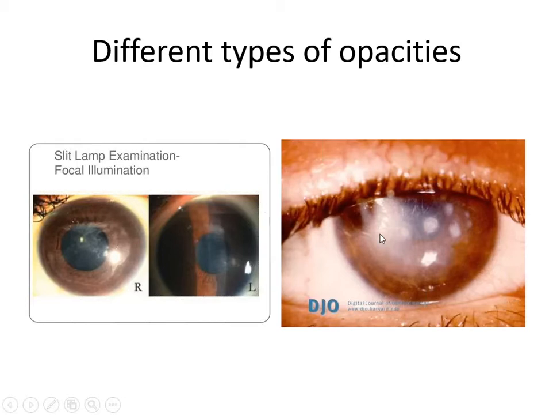On the other hand, in macula, the cornea will have a ground glass appearance. The same appearance which you have in window panes. So when you put a ground glass in the window pane, you can see through that glass, but you don't know what is behind the glass, whether it is a rod or a stick. Similarly, in macular opacity of the cornea, you can see the color of the iris, but you cannot make out the details of the iris. That is the differentiating point. Here you can see the brown color of the iris, but you are not able to make out the crypts of the iris or depressions in the iris as you are seeing here.